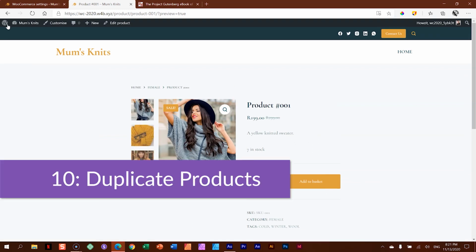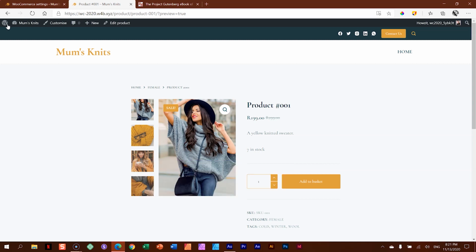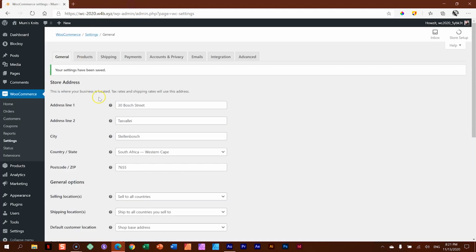And what is a store with only one product? A very sad and lonely store. Let's create a few more products, and one of my favorite features in WooCommerce. We can close this. I don't think we're going to use more text. Let's close this one and go to our products, all products, and you will see that one product that